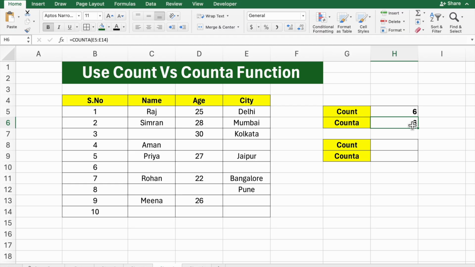So the key difference between the count and counta functions is that the count function only counts numbers, while the counta function only counts the